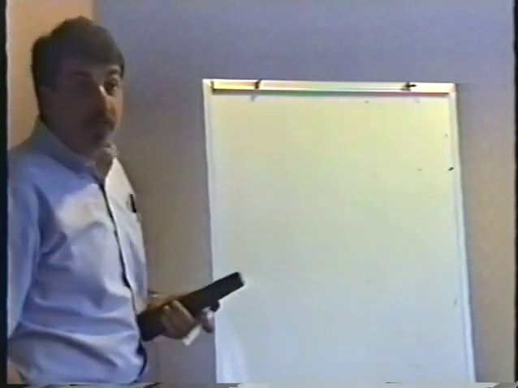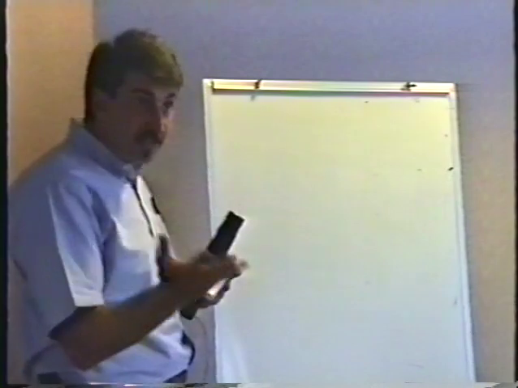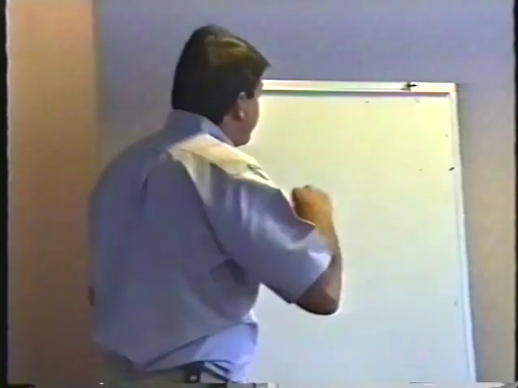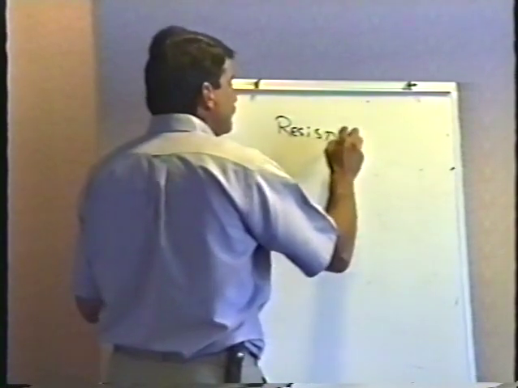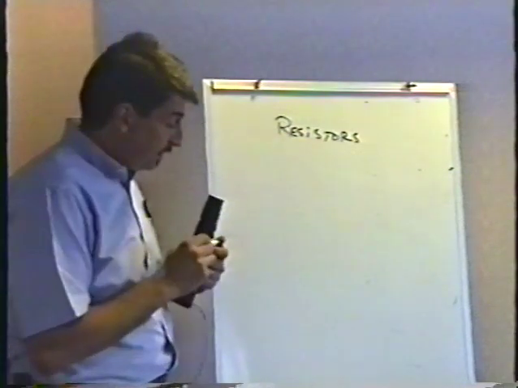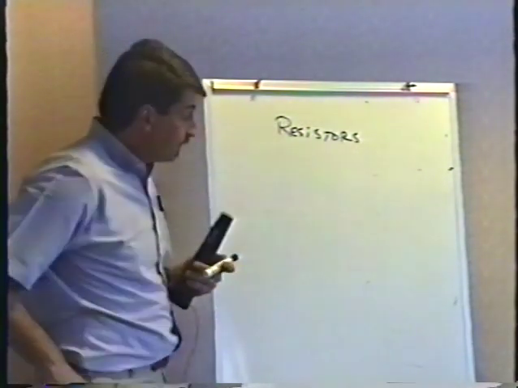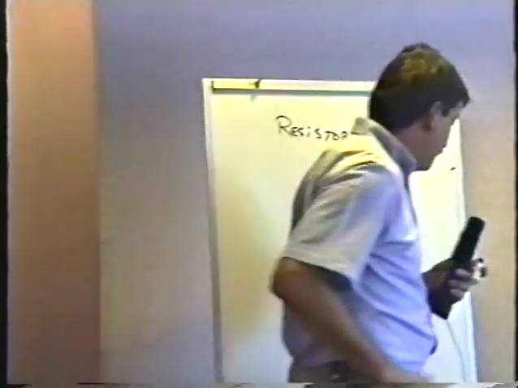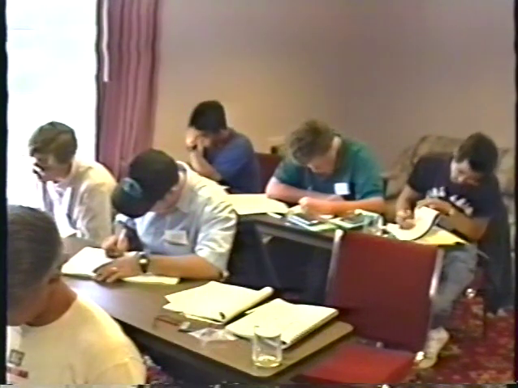In order to make circuits work, certain parts of the circuits have to have a certain amount of resistance. And to get that certain amount of resistance, we have these parts called resistors. And that's the parts that I've given to you, and I'll be giving you some more as we go through this later on. Turn in your handbook, in your big blue book of really swell technical information, to page R3,